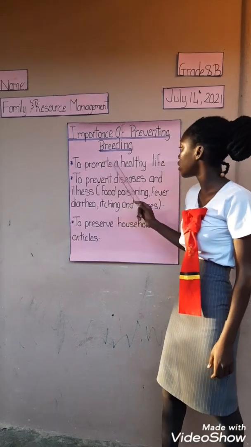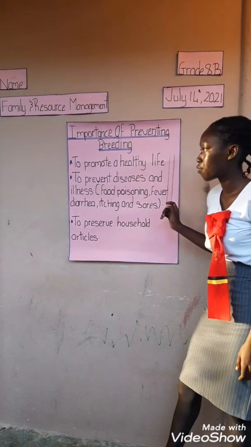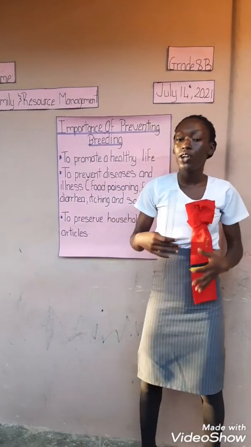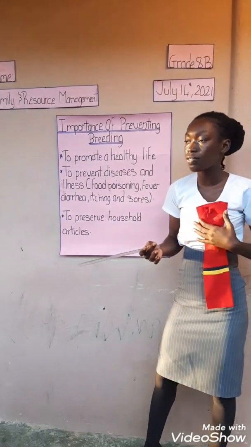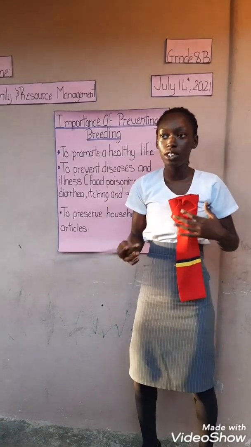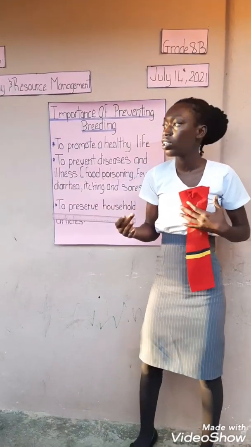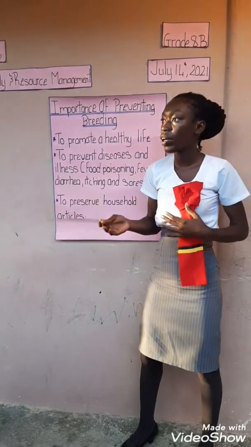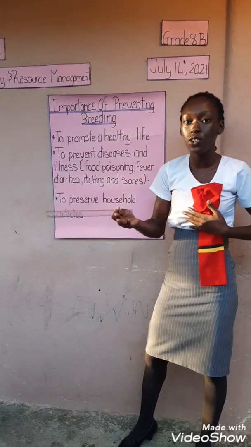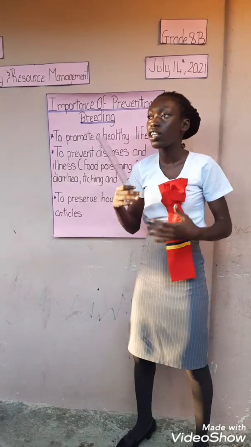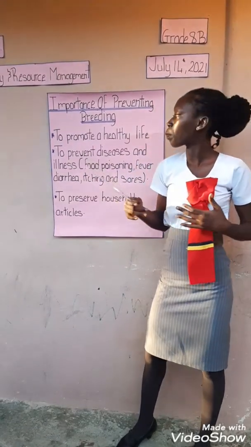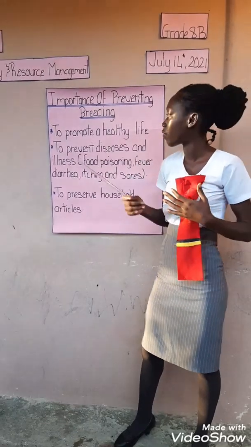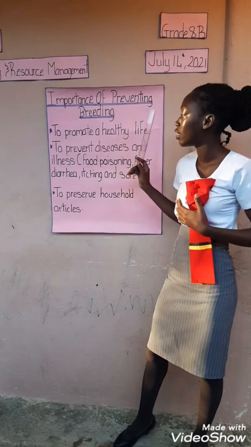To promote a healthy life. Yes, this is what someone has said earlier. Meaning, when you prevent the household pests from going into food and so on, you'll be able to live long. Because remember, these household pests carry diseases. So when they get into food and you eat the food, you can get sick and you may not live long. So in preventing it, you will be able to live long. That's the same thing as to promote a healthy life.